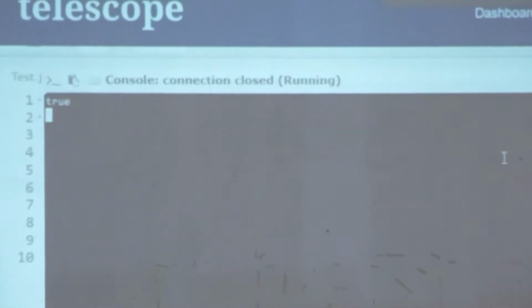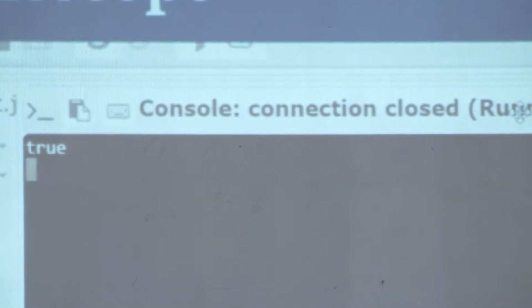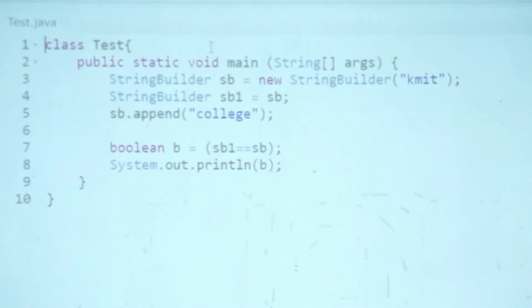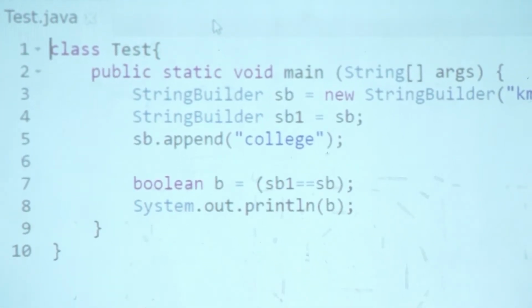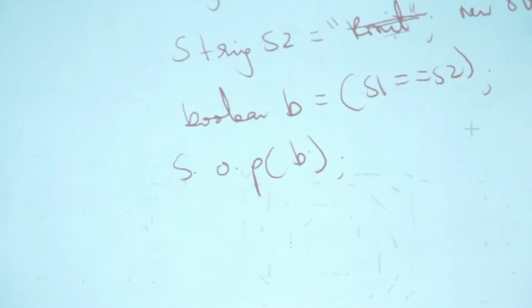Okay, now as expected we are getting a true. You know what happened? Remember, string builder is mutable. String is not mutable. That time it had created a fresh string, so equivalent was not true. We had got a false for an equivalent thing. Now what is happening? Just to demonstrate, for those of you who are a little thick,